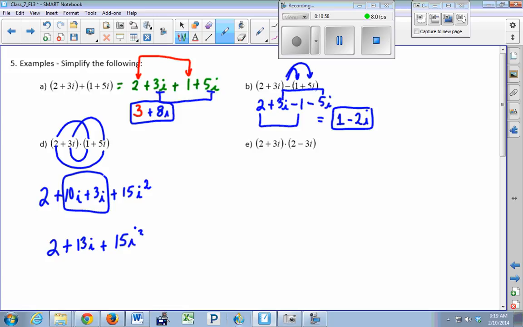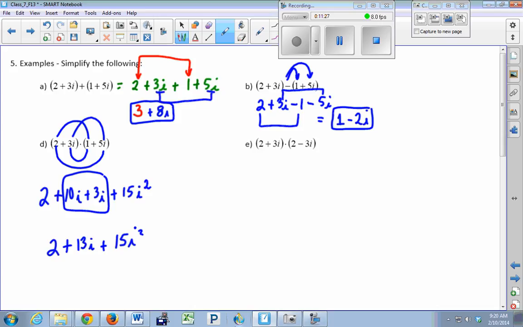Plus 15i squared. So at first blush, you might say, I've got a 2. That's different than an i term, and that's different than an i squared term, right? You might just say, I'm all done. When you think about it, this could be like 15x squared plus 13x plus 2. That's the type of thing you're used to getting when you multiply two binomials with x in them. But we're not quite done, because we can simplify this further, because whenever you see an i squared,